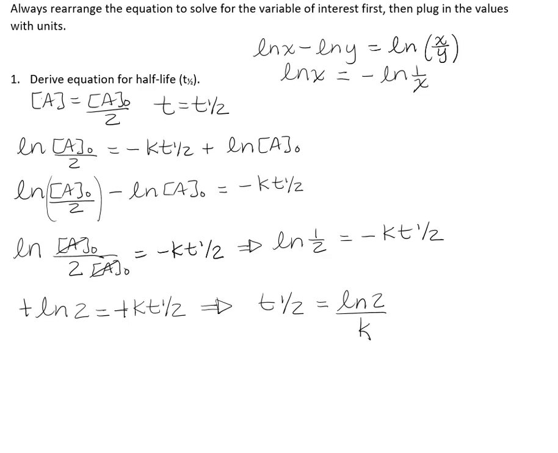And this is familiar to you. You've seen this equation before. What's worth mentioning is that the ln 2 is exact, so you will ignore that for your sig figs. And when you use this equation for any first order reaction, the sig figs are going to come from the sig figs in the rate constant k. As we'll see later, nuclear decay reactions are always first order. So whenever you are going between t1/2 and k for a nuclear decay problem, this is the form of the half-life that you will use because it is first order.